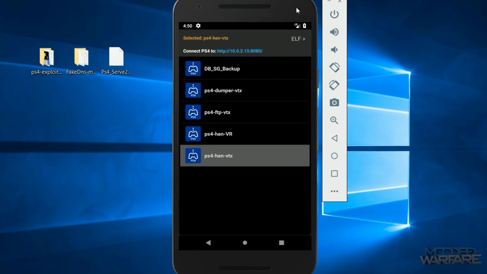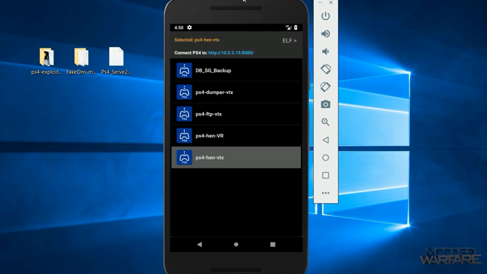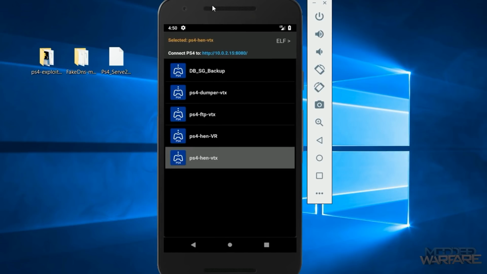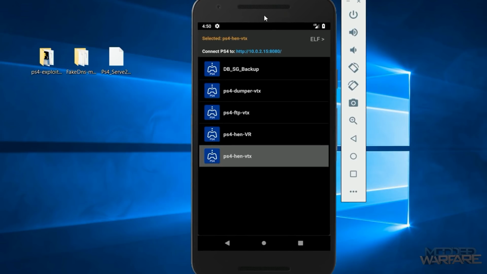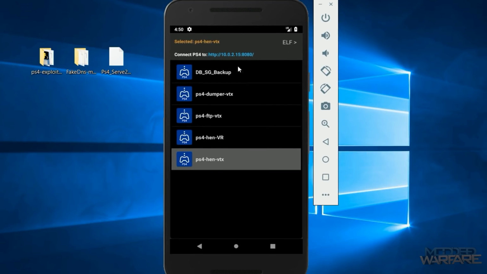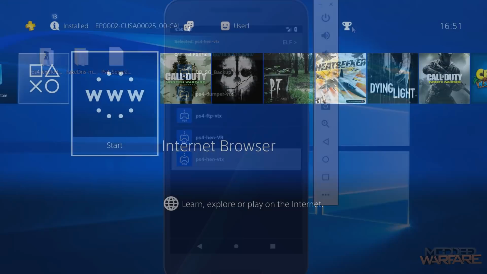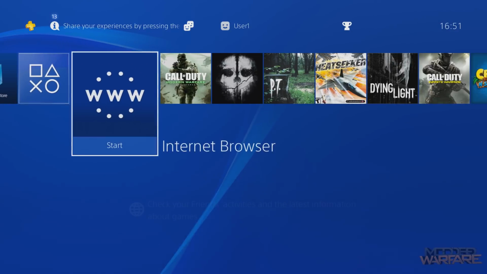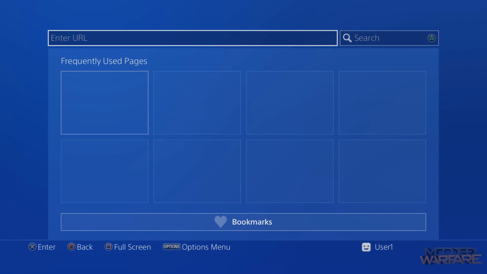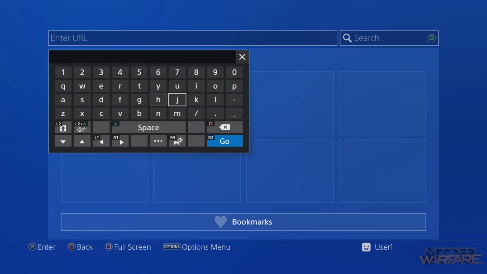But just as an example, I'll show you what it's like on the PS4. Obviously this is running in an emulator, so the network's not accessible on my local area network, so I can't actually show you it, but I can show you essentially what happens. So on the PS4, when you have it hosted on your phone, you're going to go to that same address on your phone. In fact, you should do http://